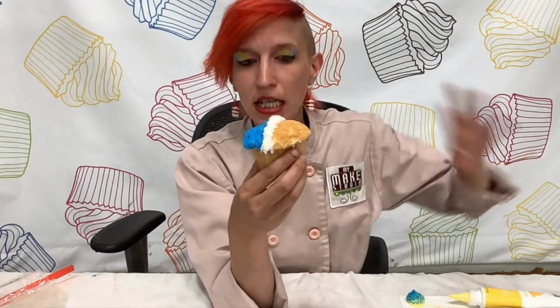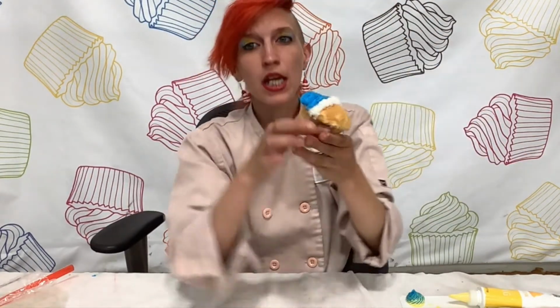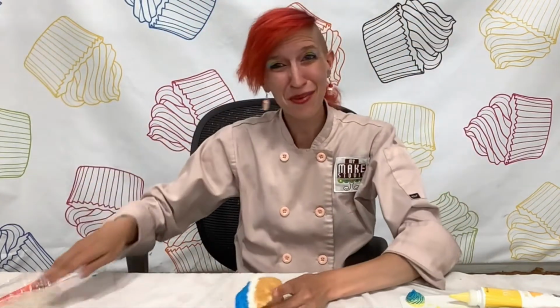Yes! And then I'm happy with just one line, but if you want it to be a bit more dramatic, you can add another line over the top of that of the same shape, and it'll make it look more foamy and poofy if you want a little bit more drama to your cupcake, but I like this. I like it. And then for the final part,